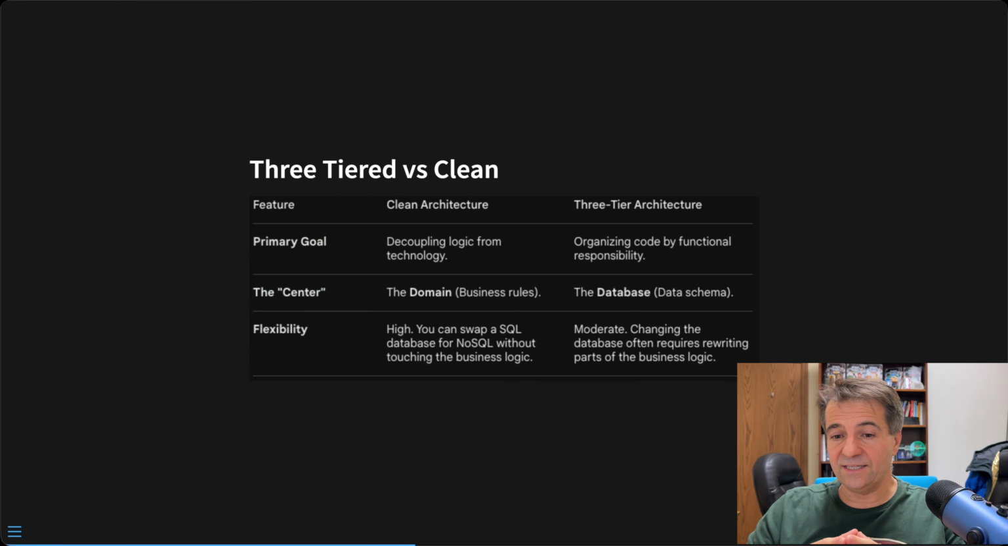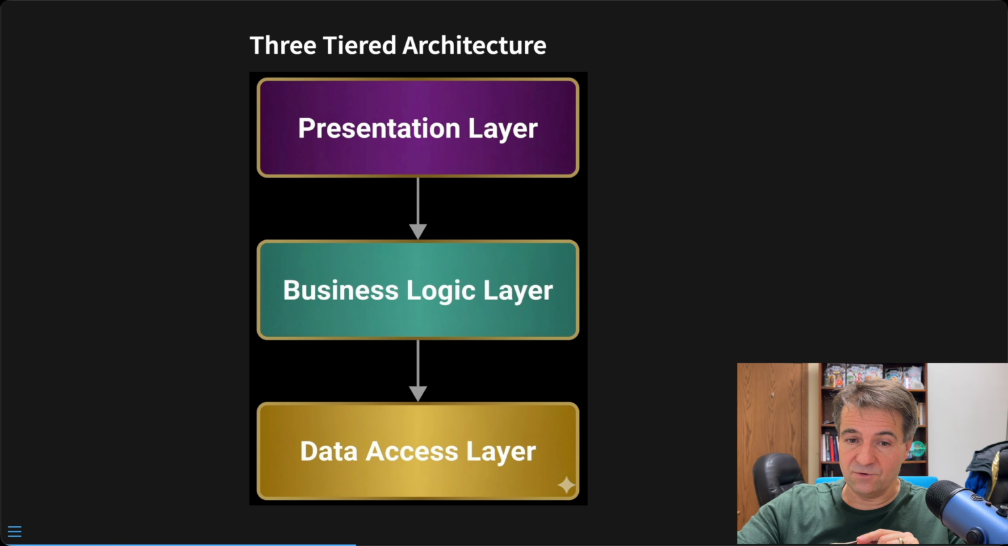In a 3-tiered architecture, the flexibility is moderate. Changing the database often requires rewriting parts of the business logic. Again, I don't want to focus on the database here. I want to show you something though. If you look at this,